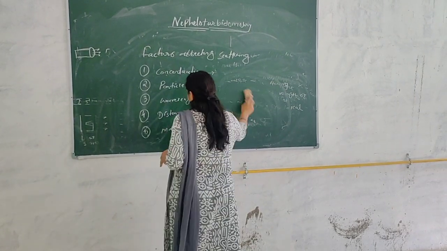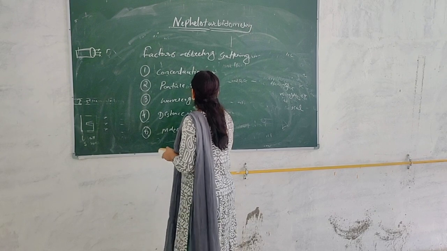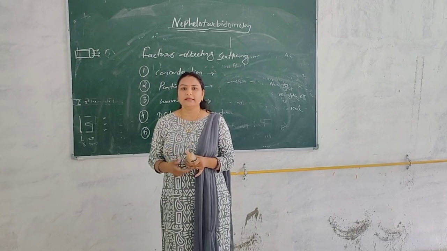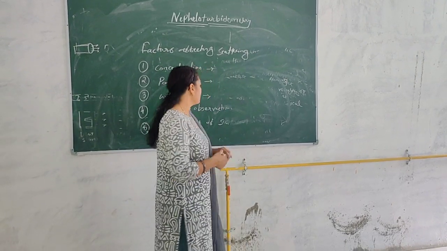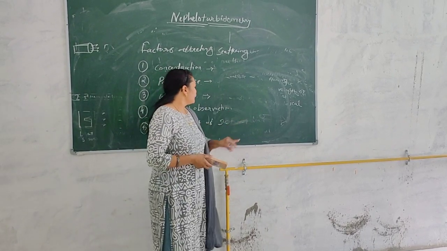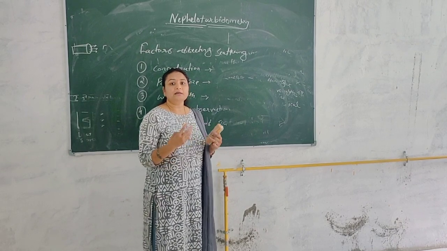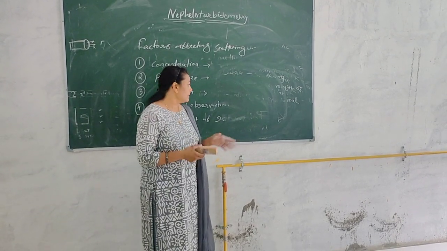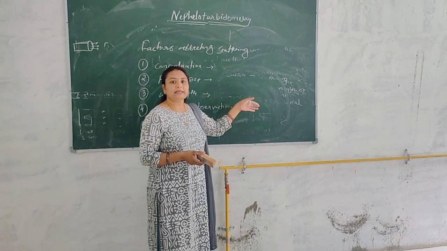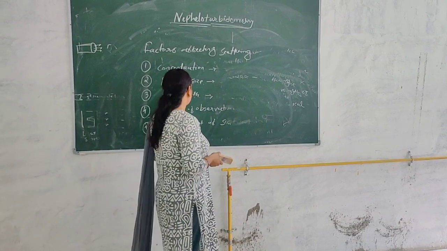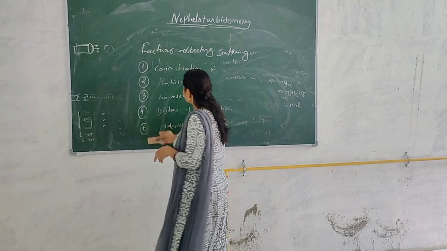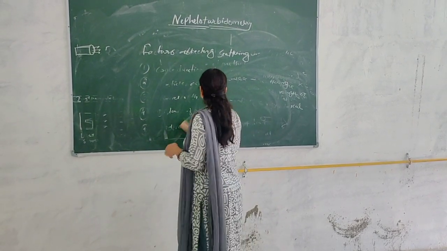The third factor is the wavelength. If the wavelength is shorter, greater scattering occurs, and if there is a longer wavelength, less scattering occurs. So it is inversely proportional to the scattering of light. Next is the distance of observation. Scattering decreases when the distance of observation increases, meaning when the distance between the light source and the detector increases, the scattering also decreases. Then molecular weight is directly related to the scattering of light. These are the factors which affect the scattering of substances.